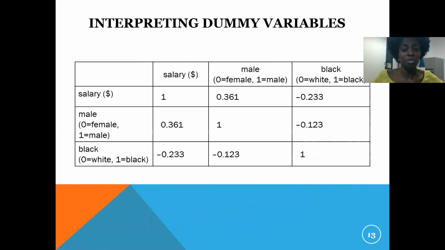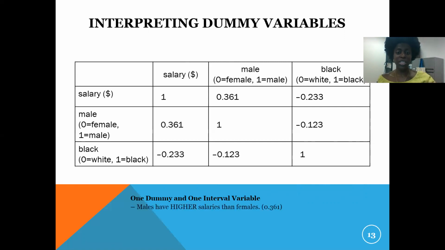That we know for sure. We're not saying that. But we are saying that in this way the variable is coded from 0 to 1, what we're saying is as that variable, quote unquote, goes up from female to male, that means males have a higher salary than females, right? If we were to look at the next one, we would say as it's going from white to black, we would say blacks have a lower, because that's negative, a lower salary than whites. Okay, now,